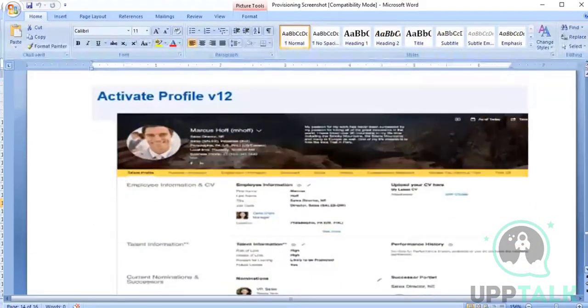Activating the profile v12 means, now you have seen we have created a user by name Shalini, right? Now when I am just clicking on that user Shalini, it is taking me into the employee profile, right? This is the employee profile. So how is it coming to the employee profile? Because